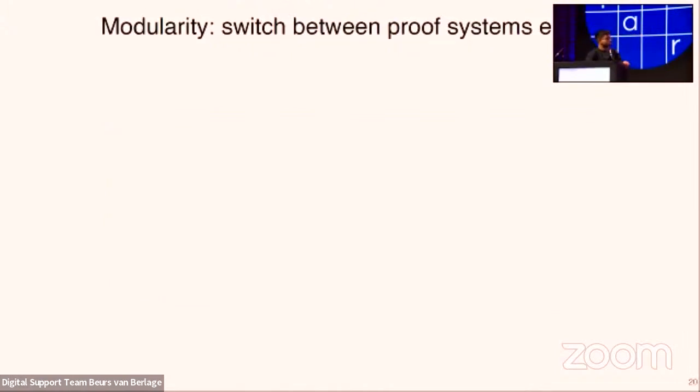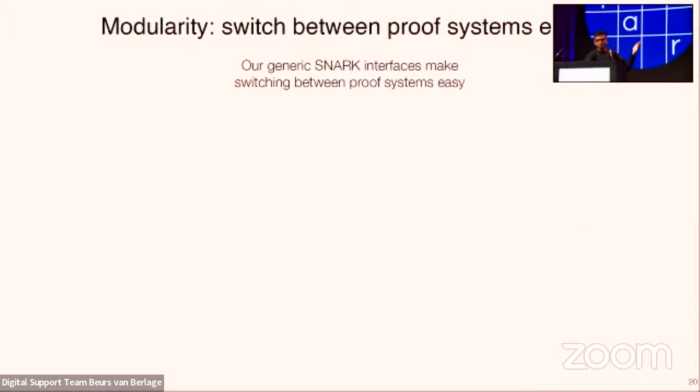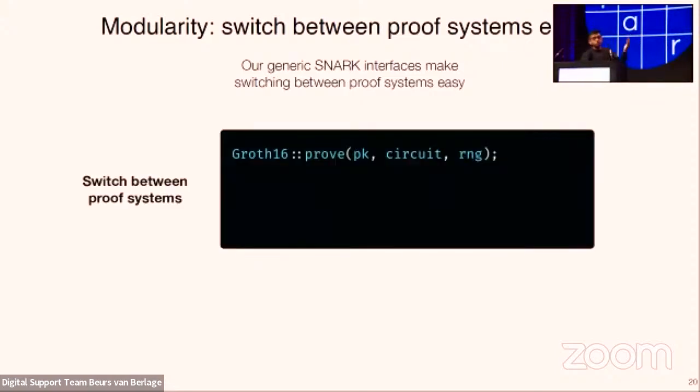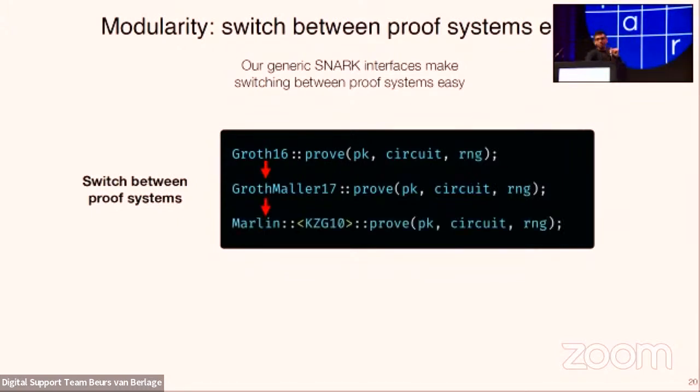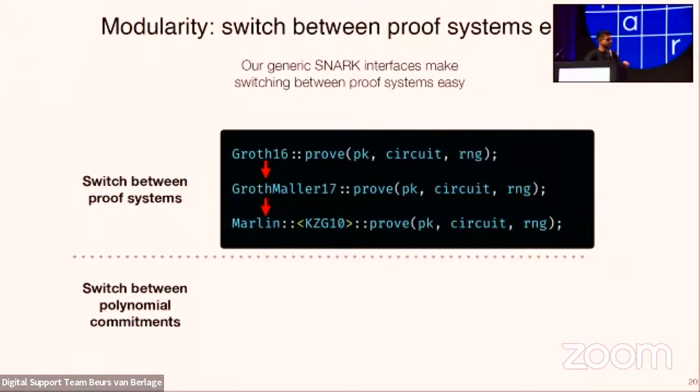Okay. So on this latter front, again, we're able to switch proof systems very easily because we have this generic SNARK interface. So let's say you started off with Groth16, you really like its performance, but then you realize it doesn't offer simulation extractability. So you move to Groth-Maller 17, right? But then you realize, oh, well, I don't actually like this circuit-specific trusted setup, so you want to move to something like Marlin or Plonk. All of this can be done, again, just by switching one type parameter in your code base. Of course, again, in practice, you have more work to do. But from a prototyping perspective, it's as easy as changing this one type parameter.